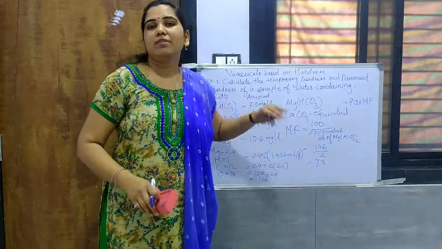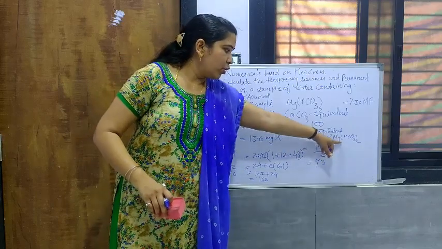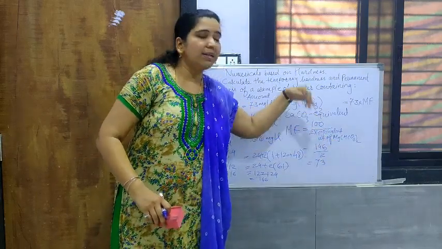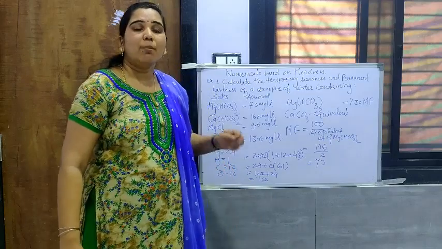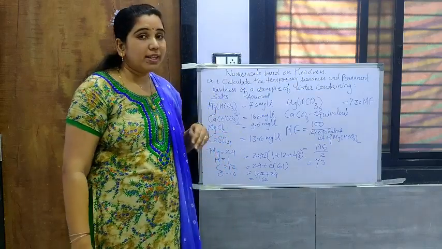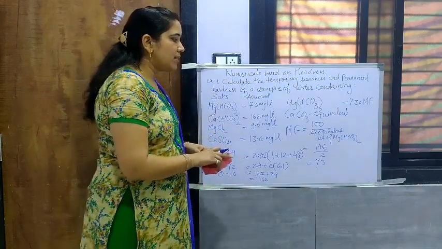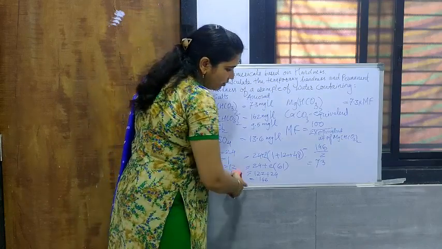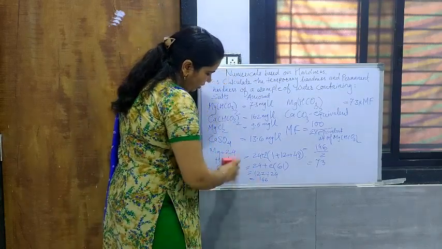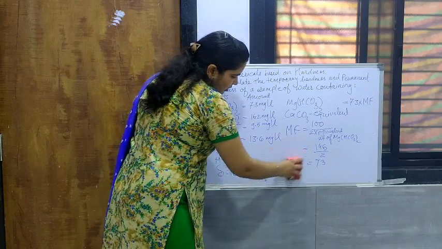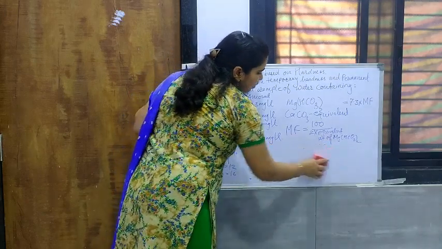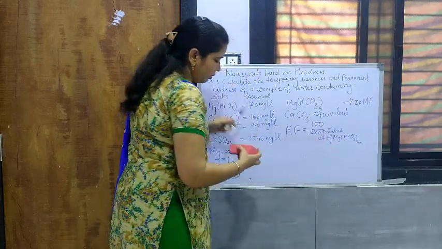So just put this equivalent weight in this formula for the multiplication factor, and multiply that multiplication factor with the amount which is given in the problem. You can easily get the CaCO3 equivalent. So in this way we have calculated the 146 molecular weight of MgHCO3 by 2. So we will put this value of equivalent weight in this particular formula.